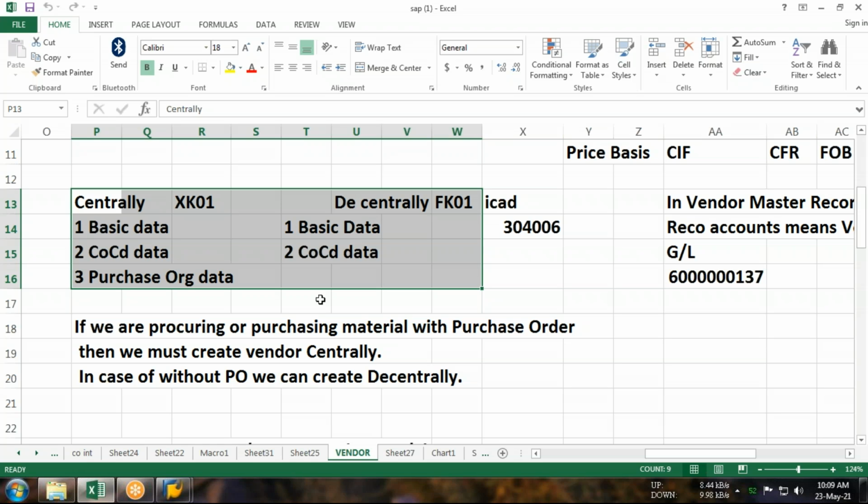Sir, how will we know the difference between centrally and decentrally? What will come in the central database and what will come in the decentral database? Purchase organization. The only thing is purchase organization. Only because of that difference. Yes, absolutely. Because purchase organization is a part of the MM, material management module, and company code and basic data are a part of your FI. So when you integrate these two different modules, FI with MM, it means you are maintaining centrally. So purchase organization will create the difference, centrally or decentrally. Yes, guys, please make a note of it. Everyone note it down, please.